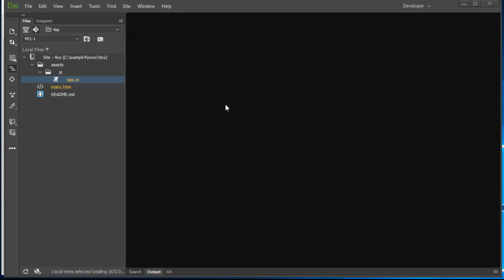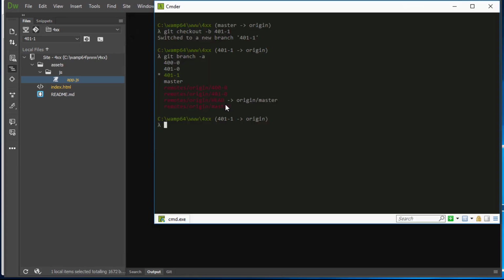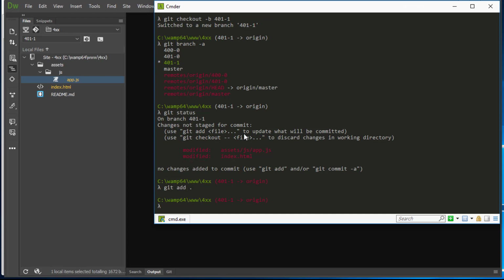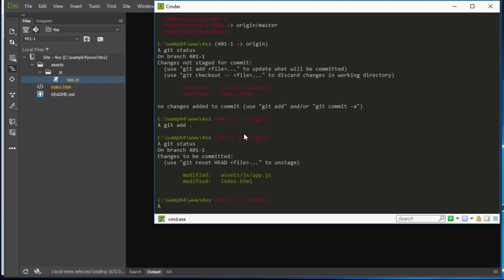We'll go out to our commander. We'll come in and do a git status. We can see our pages that updated, and we'll go ahead and do a git add. And we've added those to the staging area, so we can go back and do another git status, and we see that they're ready to go. At this point, what we can do is our commit, git commit -m